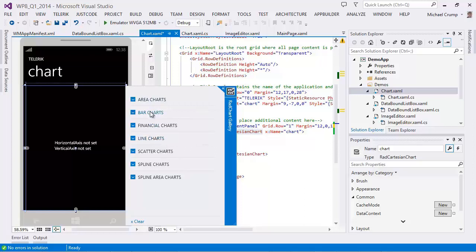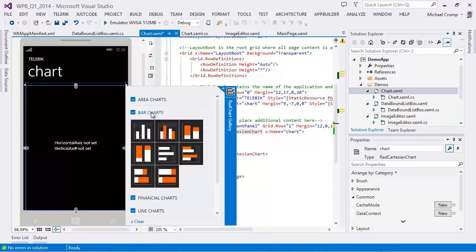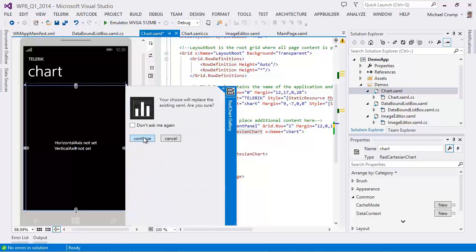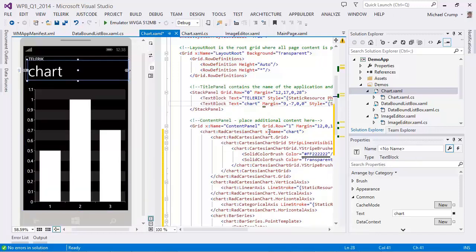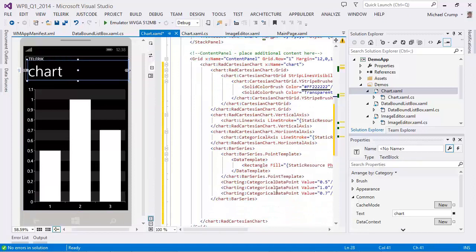I'm going to select a bar chart, for example, and I'm going to select the first option, and it's going to say we're going to replace the existing XAML. Are you sure? We're going to select continue. And from here we already have a chart that's set up. Now there's a couple of lines of XAML included in this that you would probably want to look at more in depth. But since we're limited on time,